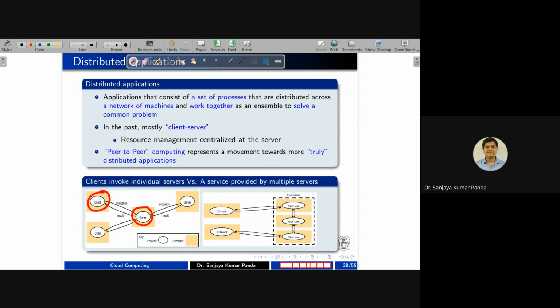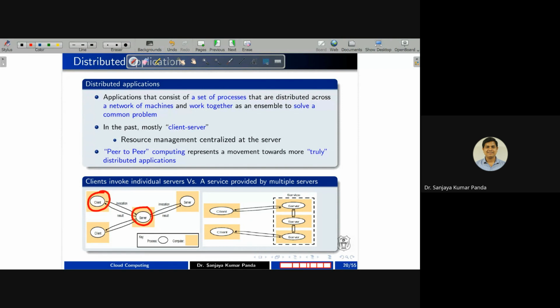If a server has the resources asked for by a particular client, then the server is going to return the result to the client. But if the resource is not available, then the client request is put on hold, or queued, until the resource becomes available.